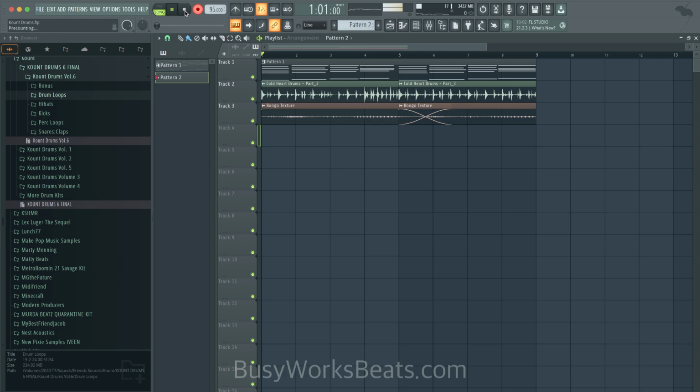Let's manually do it. So let's do this. Sorry, my fingers froze on me. Let's do that again. I didn't realize I had another bar. Whoops. That works.